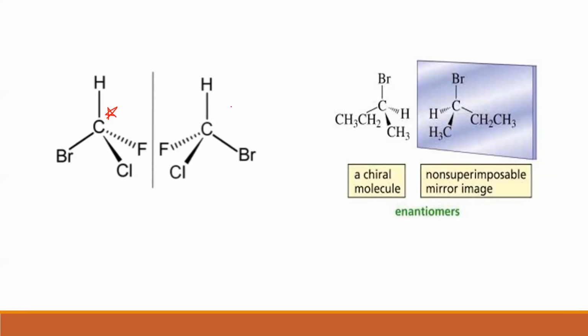what do I get? I get the mirror image, which is this. Now, this is my mirror image. So these two compounds, 1 and 2, are called enantiomers. Clear? They are isomers having the same molecular formula. They differ in the arrangement of atoms in space. One is a mirror image of the other, and these two images are non-superimposable on each other. Clear?